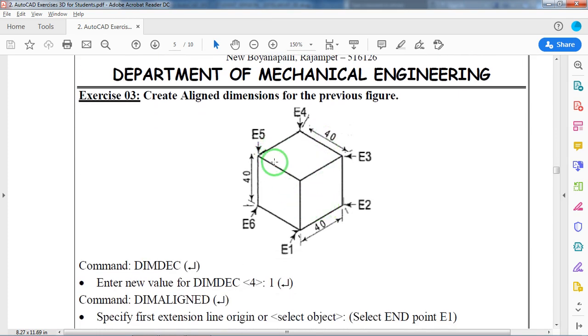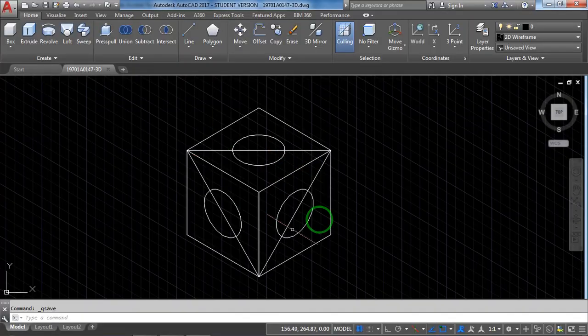Now one more exercise. Hope you all have understood this. Just in the same last drawing, take the line drawn with the help of edges using the mouse. Using the ellipse command in the isometric view, it looks like an ellipse, but actually we have drawn a circle, an iso circle.